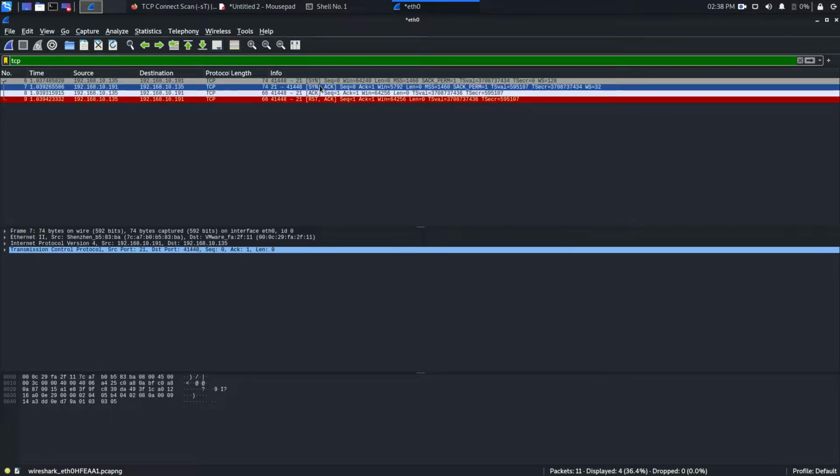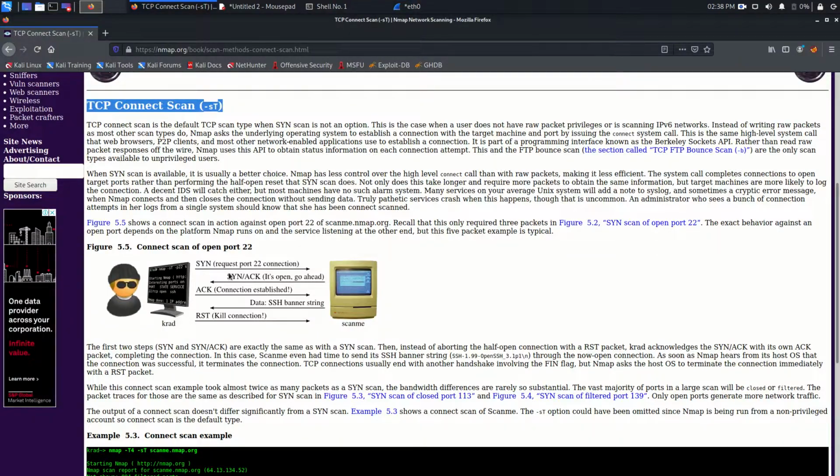The protocol is TCP, and the destination machine will send us a packet having the SYN and ACK flags. This synchronize and acknowledgement flag tells my machine that the target is saying, okay, I am here, I acknowledge, and you can start the other process.